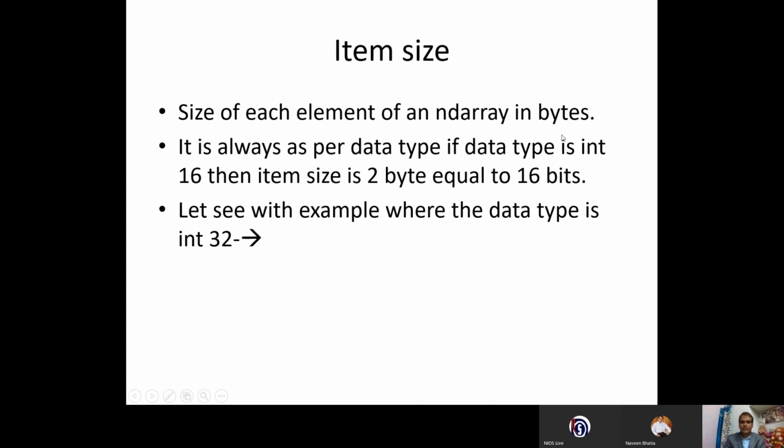A byte means 8 bits. It is always as per the data type. If data type is int16, then the item size will be 2 bytes. 8 bits is 1 byte, 16 means 2 bytes will come. Many times in exam you will get a question.